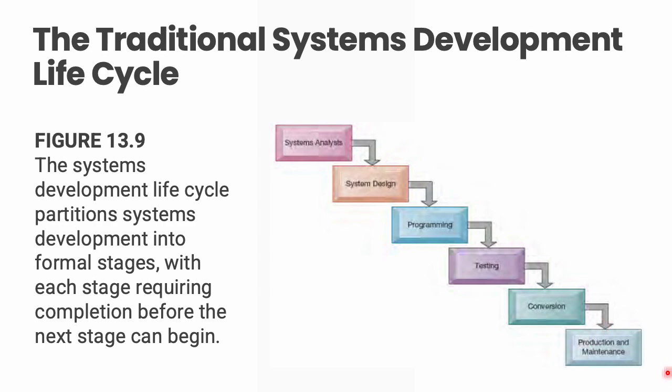If you still remember, the terms are similar to the previous one. We have covered this in this chapter. It's the same. The system analyst is where you understand the problems, and then the design is where you create the blueprint. Programming is the actual building, and testing is checking for mistakes. The conversion is moving from the old system to the new system. And the last one is production and maintenance, using and maintaining the system.